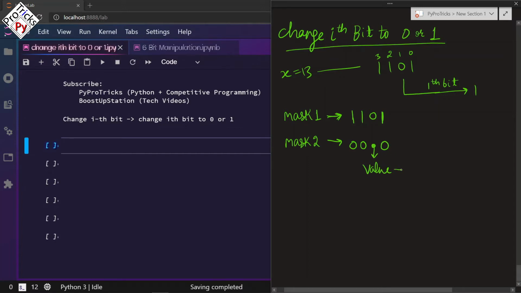The value can be 0 or 1. It will be provided by the user. And after that we are going to perform two operations, one is AND and one is OR. AND will be performed between x and mask 1. OR will be performed between mask 2 and the result of this.